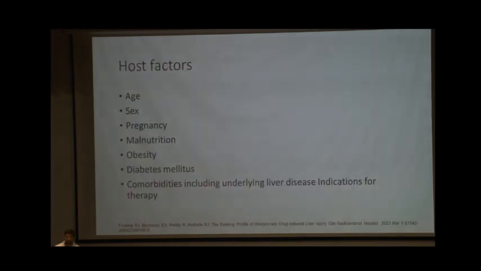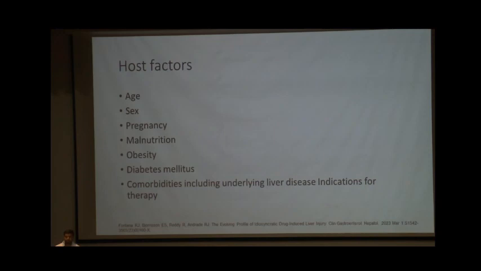There are multiple risk factors for the development of drug-induced liver injury. There are host factors, environmental factors, and drug-related factors. Age is one of the host factors. Younger age and older age are more at risk. In younger age, children develop DILI because of ATT or anti-epileptic drugs. At older age, because of comorbidities and drug interactions, they develop DILI.